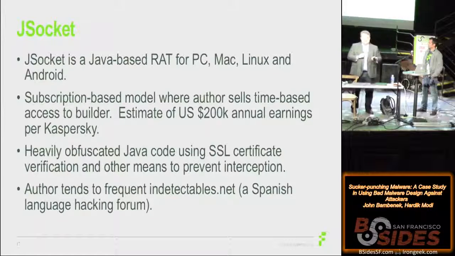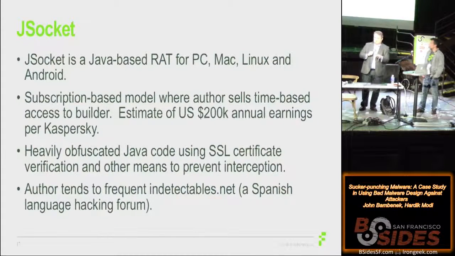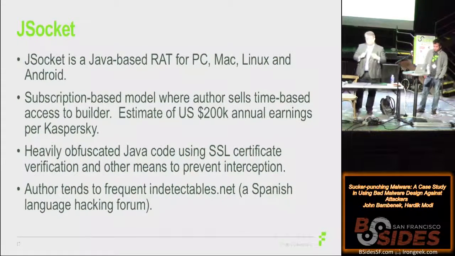So roughly 2.5 months after the Alien Spy takedown, jsocket.org is registered. Same kind of mechanism, right? You've got a subscription server where you download the C2, you pay over Bitcoin or the various web money and underground payment systems. But most of the code stayed the same, and most of the artifacts we'll talk about in great detail, right? Still Java-based, multi-platform, has an Android component. It had one in Alien Spy.